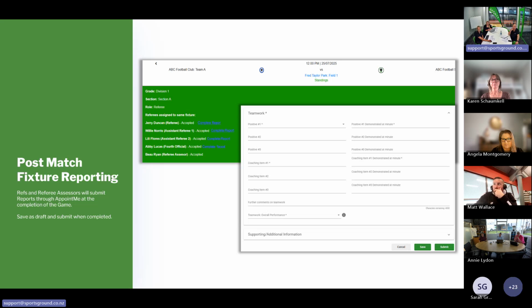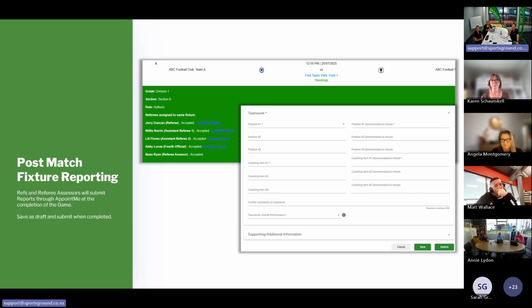At the stage at which you submit, the report will then be submitted through to your federation so they can review your assessment. You will then be able to review that report in a PDF format if it's a referee self-assessment or a coaching report.